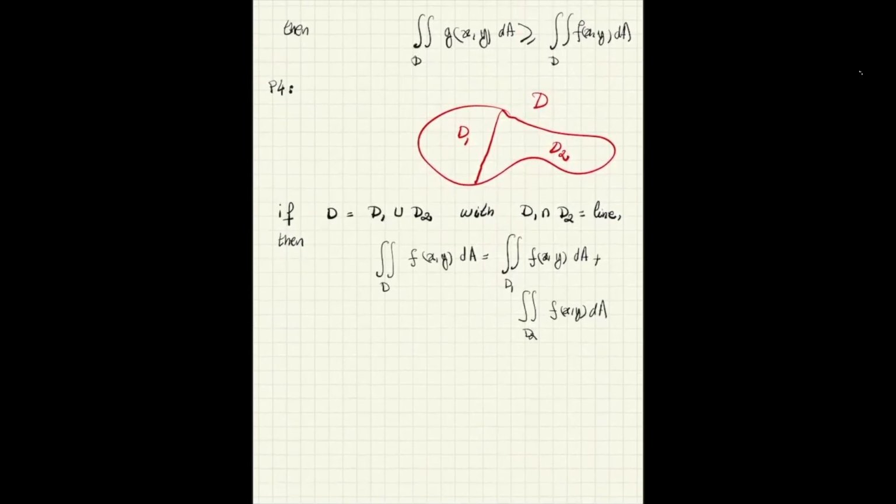Property 5, I've already explained this one. The area of a region D is just this thing here. Instead of a function, we have one. And I've already given the reason why this is true. It's because of the cylinder and linear translation of the base. Okay,